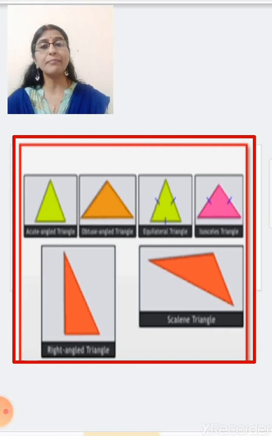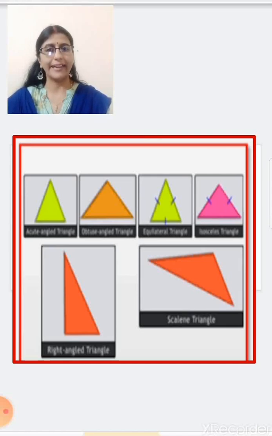Third one, there is a marking. So when they give a marking, that means here the sides are equal. So what you can see here, all the 3 sides are equal. So when all the 3 sides are equal, then what kind of triangle is this? It is an equilateral triangle.